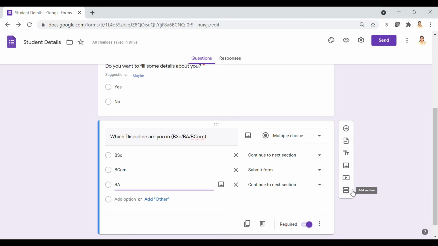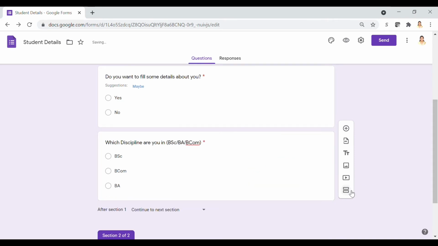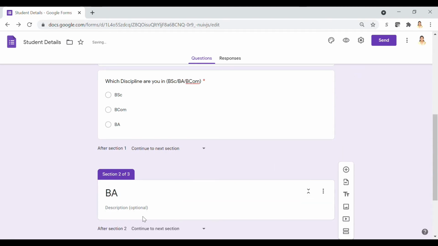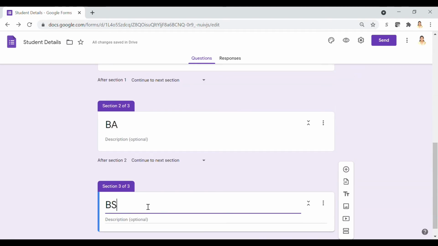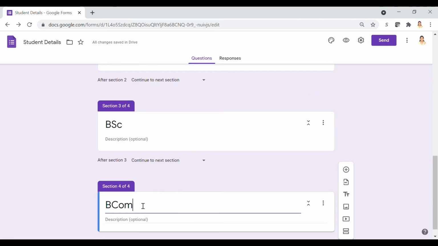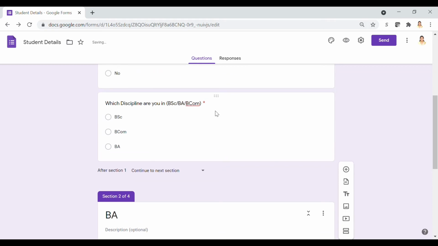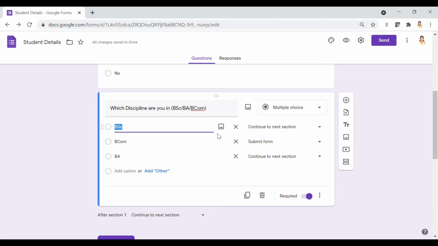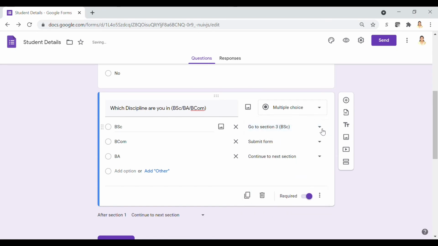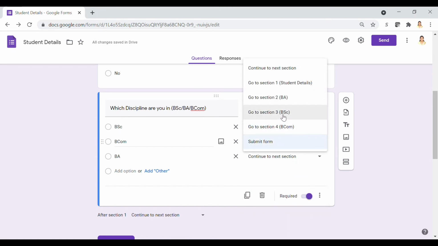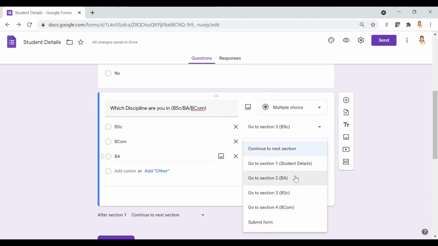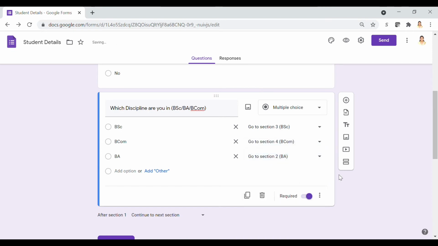Let me create 3 sections as we have 3 groups. Label the first section as BA, the second one BSc, and the third one BCom. Now let me go back to the question where I selected the condition. When someone selects BSc, let me divert them to the BSc section by selecting it in the drop down.